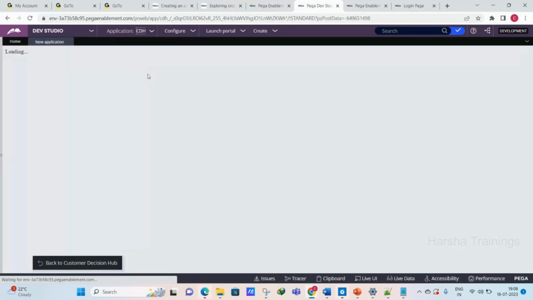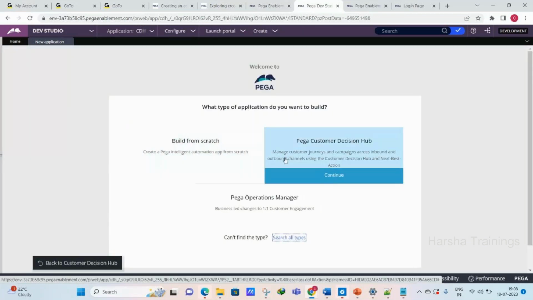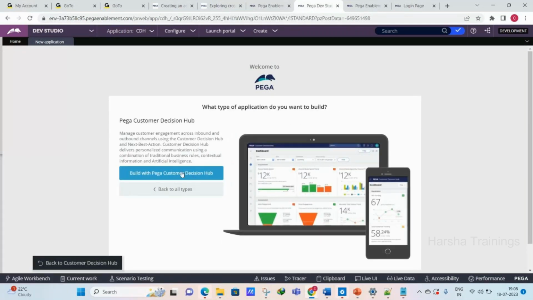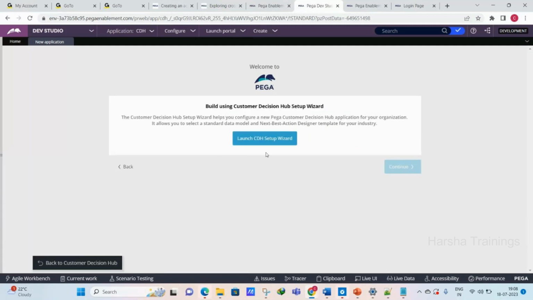So then you can start creating your own application from here using the wizard. Okay, so here you select Pega CDH, build with Pega CDH. Okay, so then you will get this setup wizard. You have to click on the setup wizard and you have to continue creating the application. So once you do all these things, in order to take the backup, you have to go to the